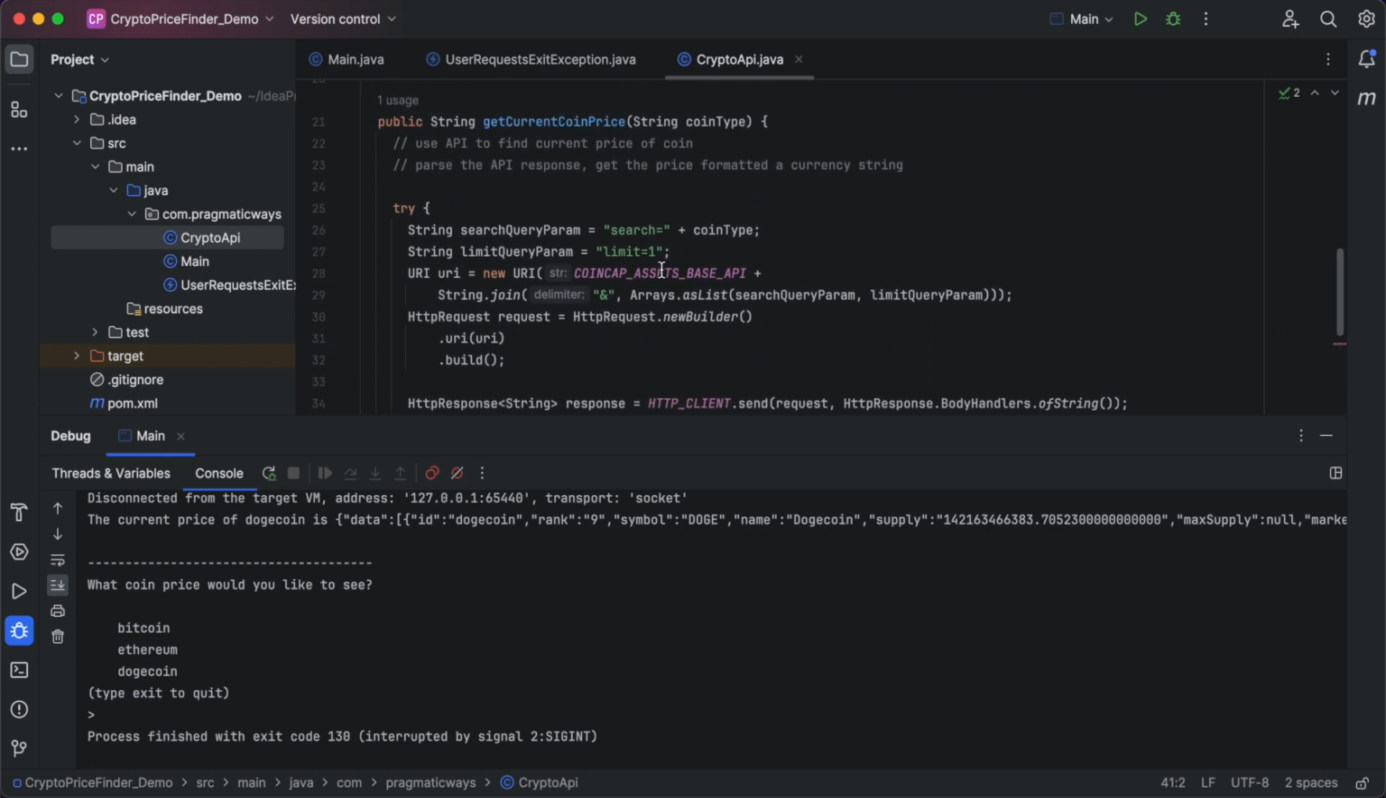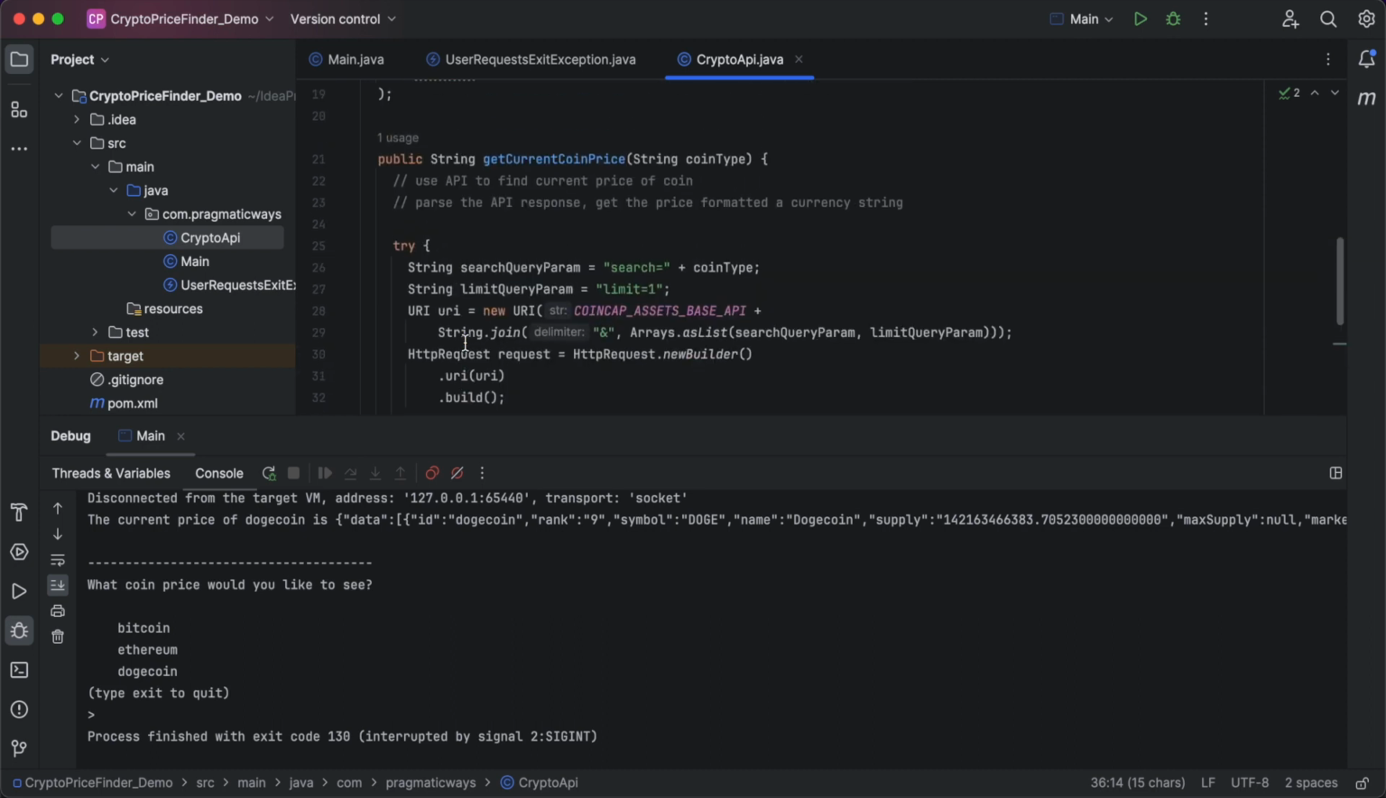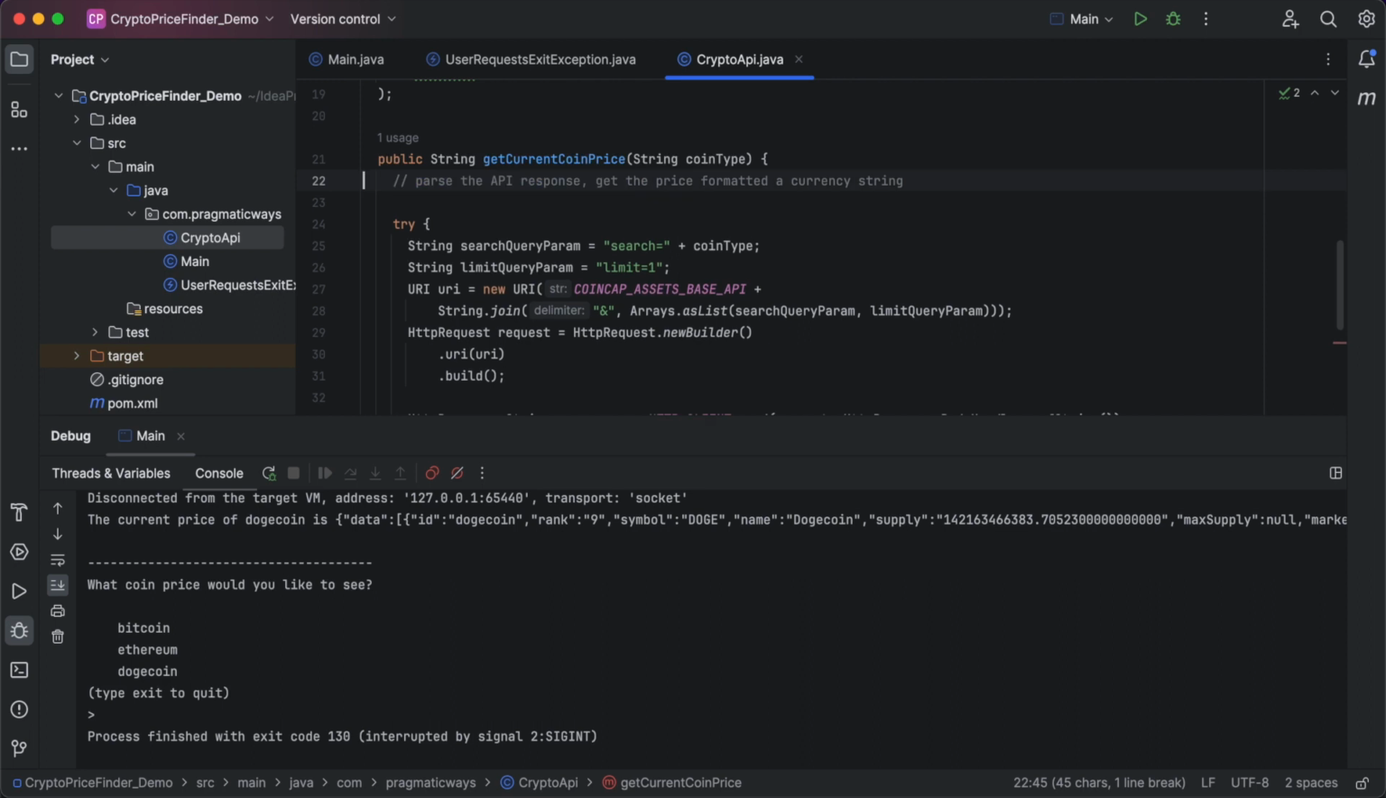Let's see, what do we need to do now? Now we have this data as a string, but we don't want it as a string. We used the API to get the current price, but now we need to parse this API response and get the formatted price. One way we can do that is using